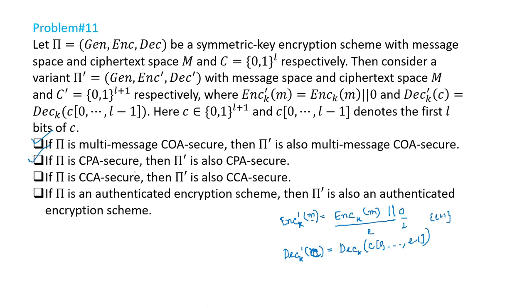However, this argument does not go along with the CCA security case, because here you can actually exploit the decryption oracle to get to know about the underlying plain text. So once you see the challenge ciphertext, let's say what happens in the game. The adversary has sent two messages of its choice to the challenger, and the challenger has sent Enc'_k(m_b), which is nothing but encryption of m_b under key k concatenated with 0. So this is the challenge ciphertext.